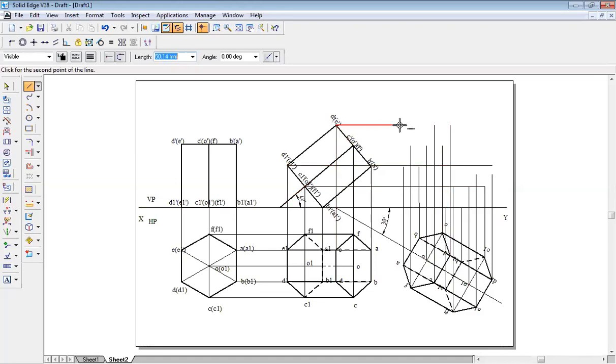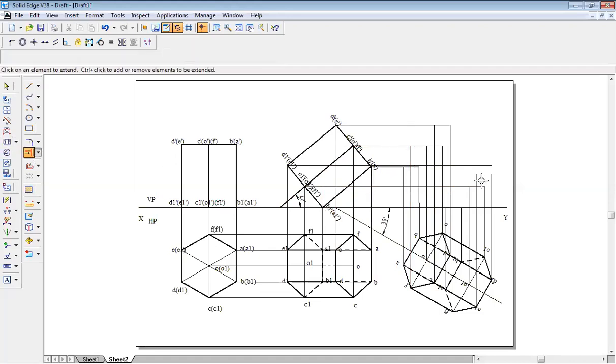So this is D and E. So this is D and this is E. Then COF, and AB is over here. So stop here. This is A and this is B line. Okay. So I'll slightly extend these lines a little bit. Let it touch this point.